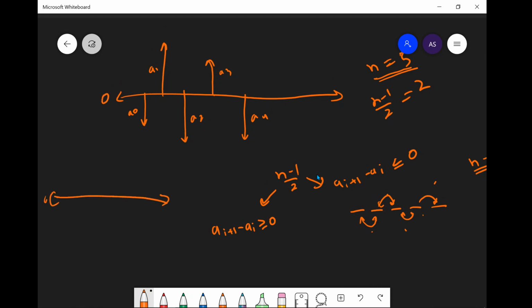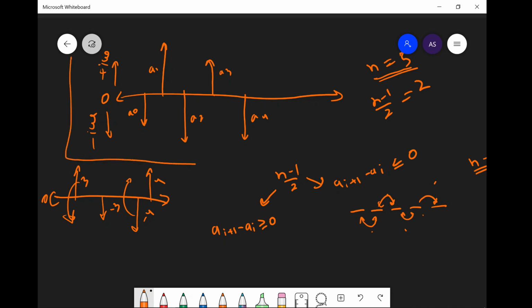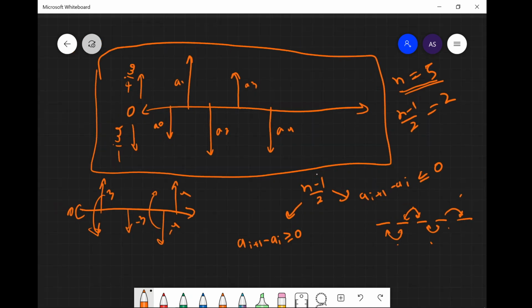So this is 0, and the above height is positive and below is negative. If some number is say 3, what we can do in the operation is make it minus 3, or if some number is say 4, we can make it plus 4. So this was the operation. That means we can flip it from up to down, or from down to up. So let's suppose this was some arrangement, let's check this arrangement. This was a really great arrangement.